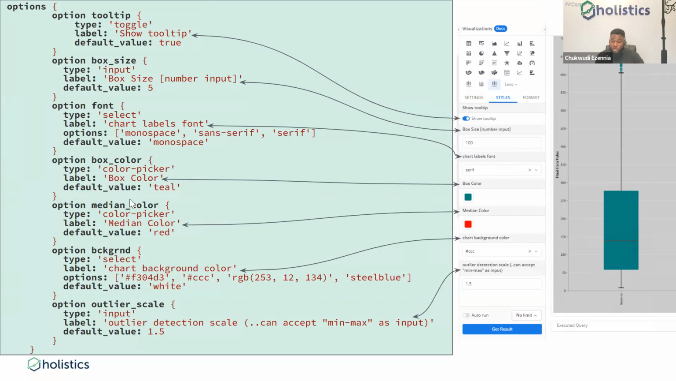So what we've done here is an interesting mix of the various option types in Holistics. If you take a look at this option type here, we use toggle for show tooltip. There's a label, show tooltip, which you see here. There's a default value, which is true. There's the box size. This is an input, and I use the label box size. One other thing I could have used there is to set the type to be a number input. So I can put a default value, for mine of 5,